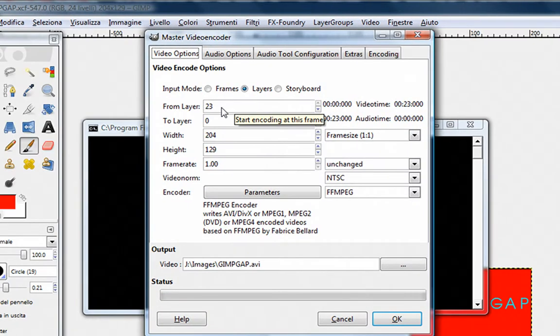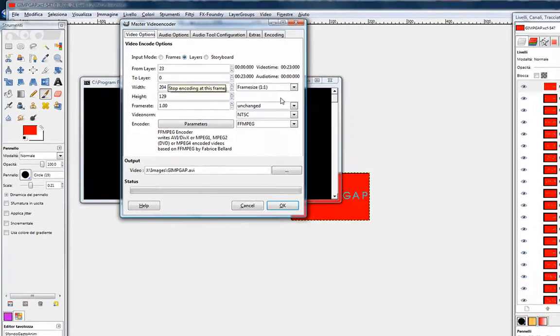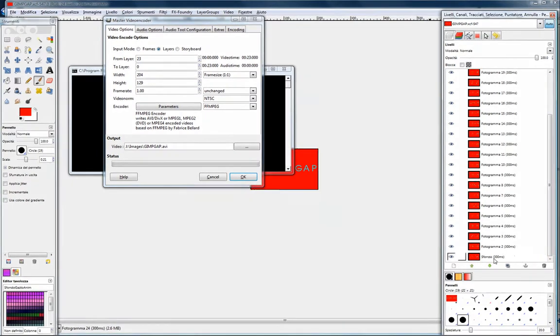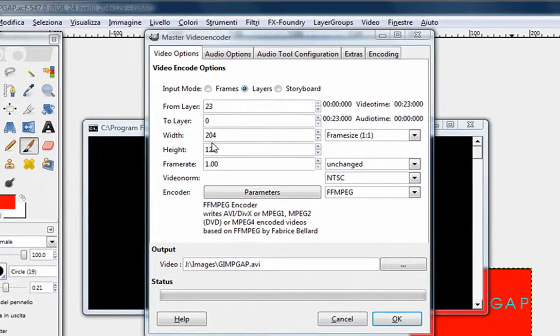The selected range starts at the 23rd layer and ends at the 0th layer. Bear in mind that GAP numbers the layer stack in reverse order of the layers dialog. Let's start by changing the height to 128 so that the MSMPEG encoder encodes the video correctly, due to the encoder demanding a height that is a multiple of 2, so valid values are 2, 4, 6, 8, 10, 12, etc. In other words, positive even numbers. Of course, altering such values will change the aspect ratio of the original images and will probably distort it.